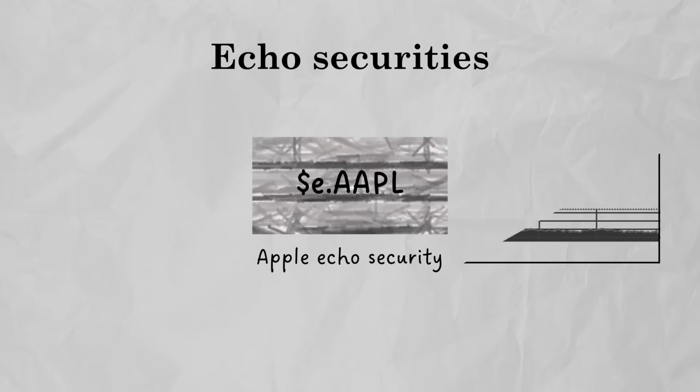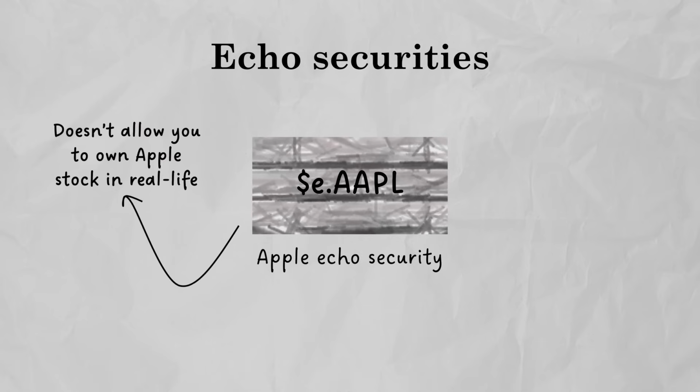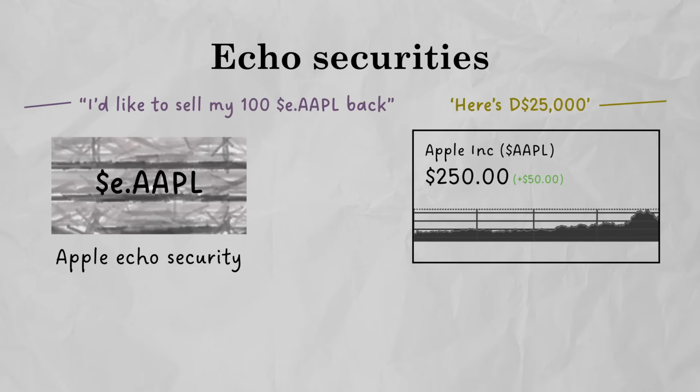But why would you ever want to buy an Echo Security? After all, it doesn't allow you to own part of the company and it doesn't pay any dividends. The catch is that you can sell the Echo Security back to the bank at any time for the current market rate. So suppose the price of Apple stock increased to $250. You can sell your 100 Echo Securities back to the bank for 25,000 DemocracyCraft dollars, making $5,000 of profit in